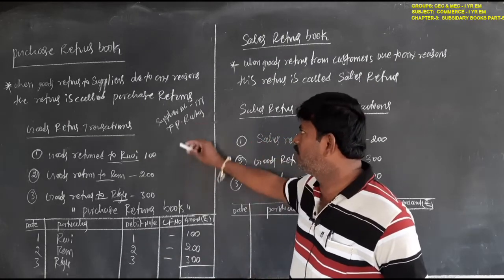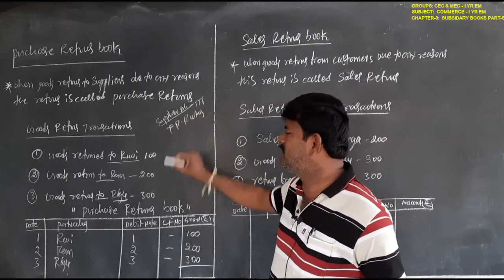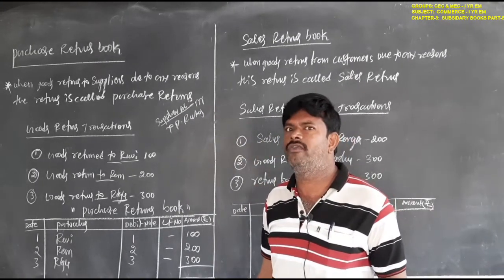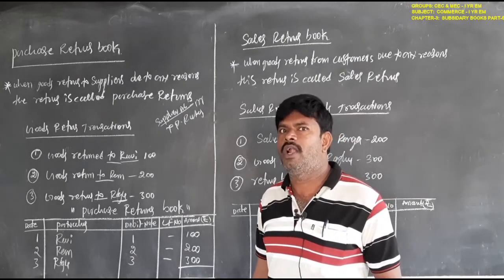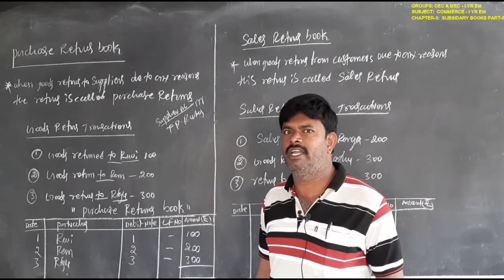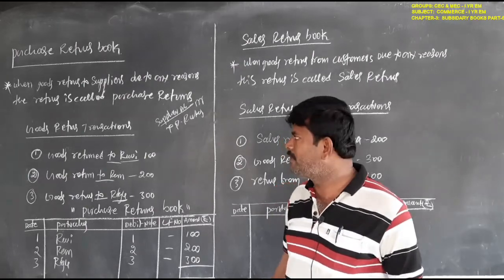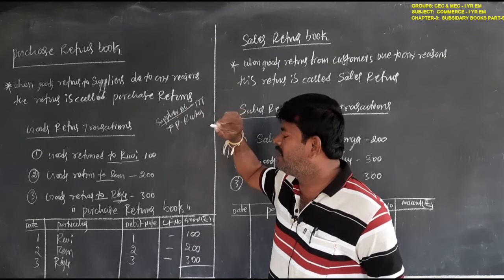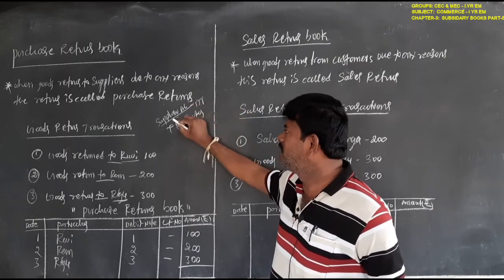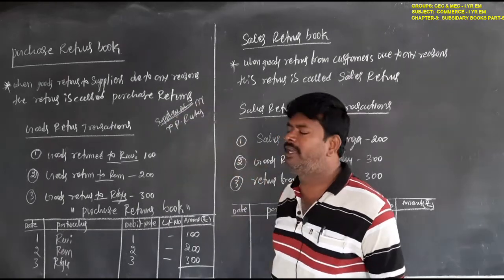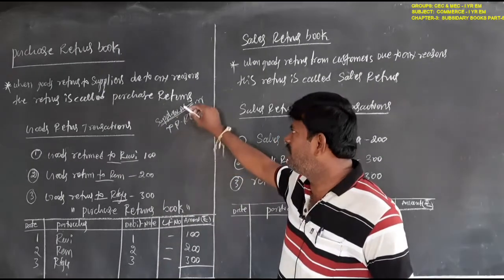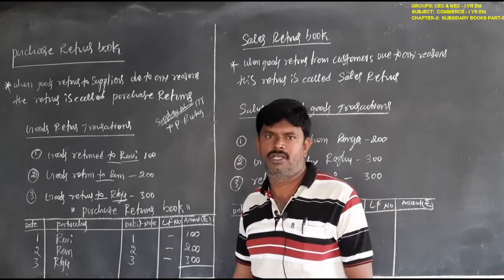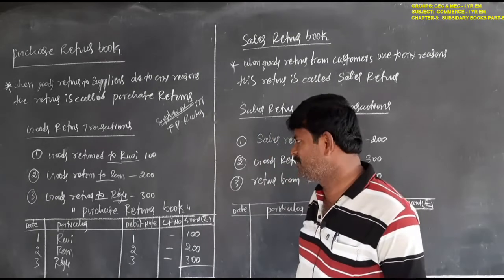Why is it called a debit note? When we are purchasing, the supplier's name is credited earlier. The same account will be debited, and whatever amount is debited is adjusted in the purchase books. So the supplier's name, previously credited, is now debited in the purchase returns book. Ultimately, the amount debited with the supplier's name will be a reduction from the purchases. So it is nothing but purchase returns.